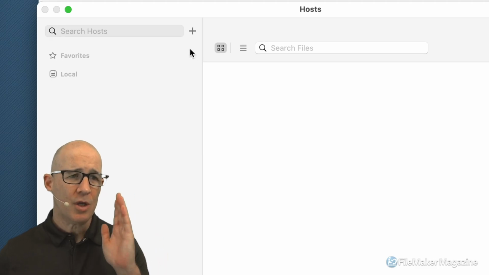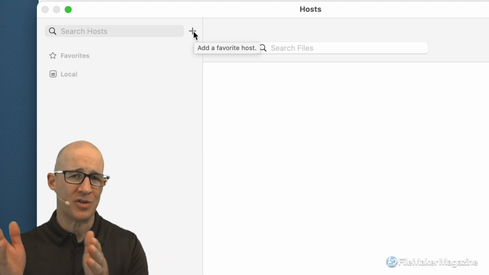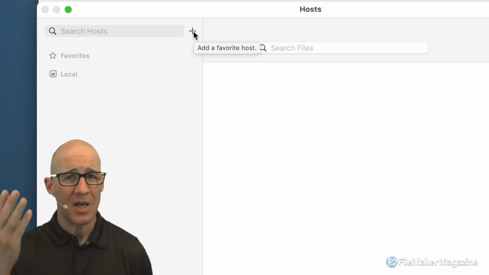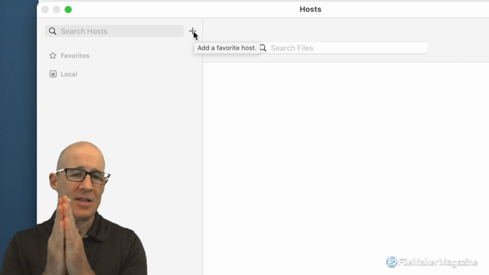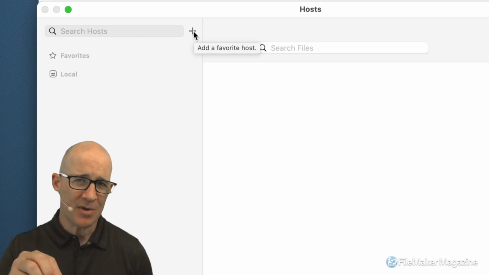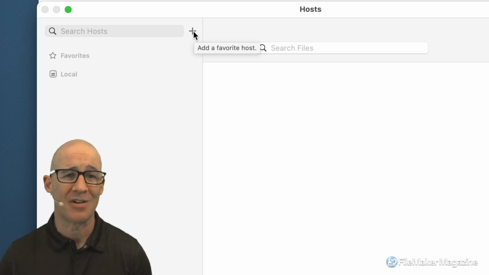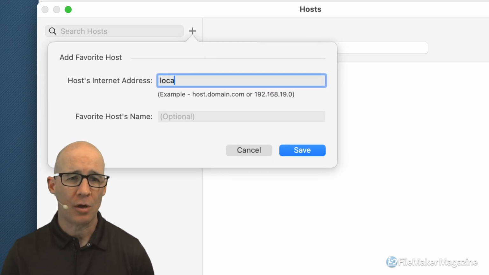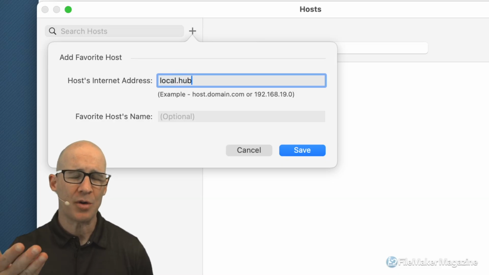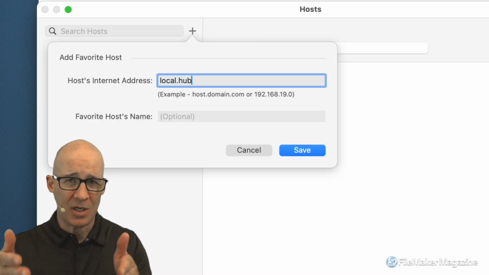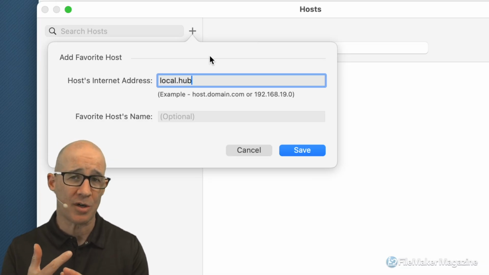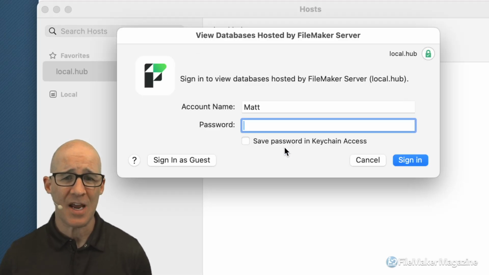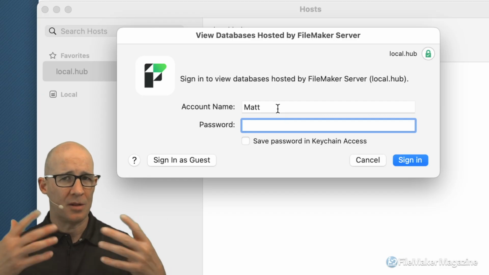At this point in time, you can add as many different FileMaker hosts as you want. My host is on my local machine, and I have set up my DNS to recognize the static IP that I've assigned to my machine as a particular named host. In this particular case, it happens to be local.hub, which is going to resolve to the IP of my machine. And as we saw, my Docker is mapping all of the ports that FileMaker Server needs and routing them into the container. So with that, I can click Save, and what comes up is the dialog we're all